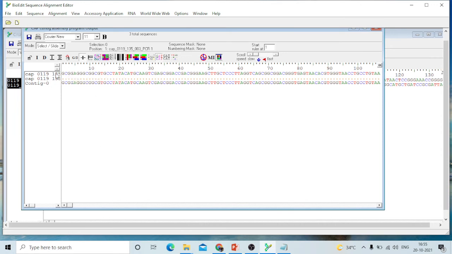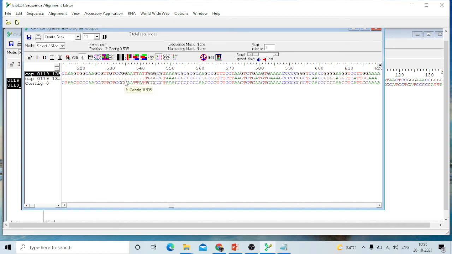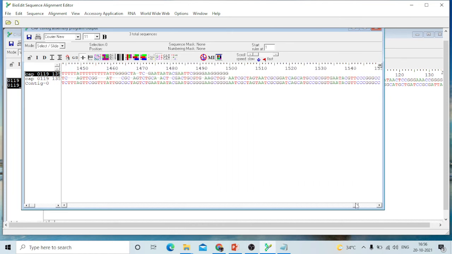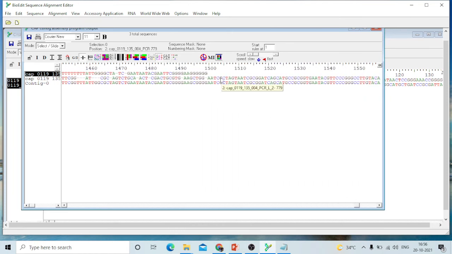You can see that in the first contig, see this is the first contig, and you see the second contig where you can find the dots. So up to 540 it is unique, and in the second one after 540, you can see up to certain 800, 900 or something, it is showing the overlapping regions. See, and after that, after 1500 something, this is again the unique one which is not present in the first one.